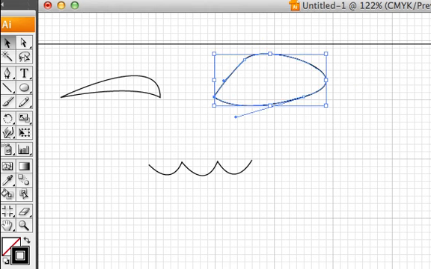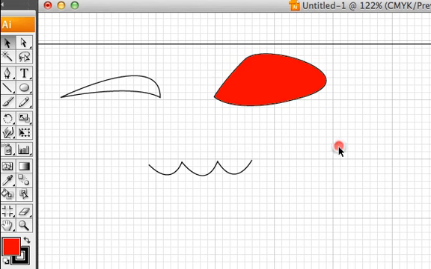So if I try and give this some color, I can do that. Whereas if I try and give this wave a color, I'm going to get something that looks pretty weird because it doesn't have